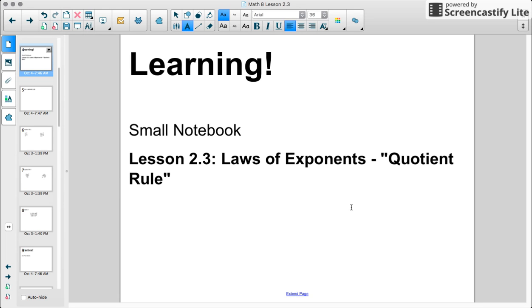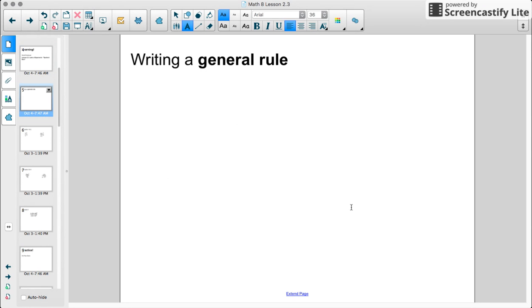So we're going to be looking at the quotient rule, and we are going to talk about how we can divide. Quotient means divide exponents with the same base. So in the warm-up, we looked at writing a general rule for this, and what we noticed is that every time